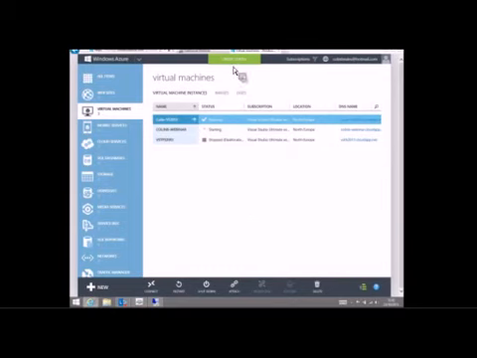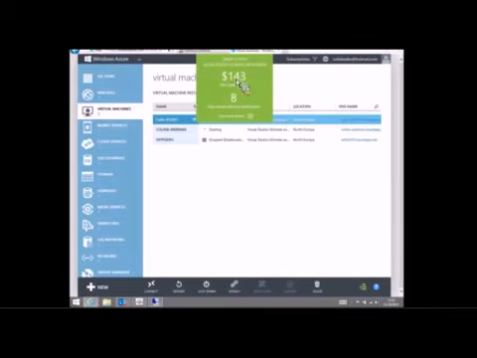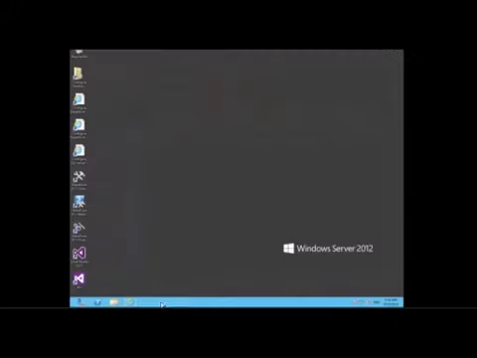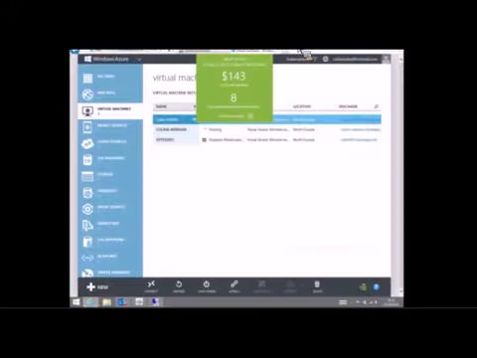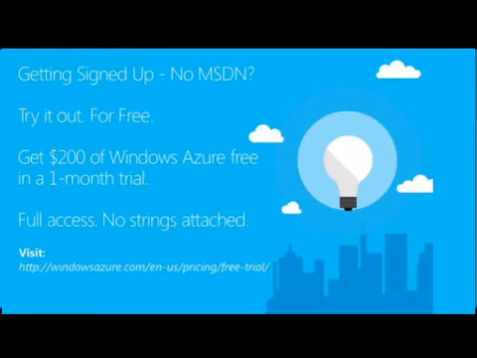Just a quick bit here about the credit status. You can see here it always tells me how many dollars I've got available to me on my account to be used and how many days are left until it expires. And I can drill into this for more granular reporting at any point in time. And that machine should have connected now, and I could get access to all of the artifacts on that. I'm just going to flip back to the slide now, just to finish my Windows Azure piece.